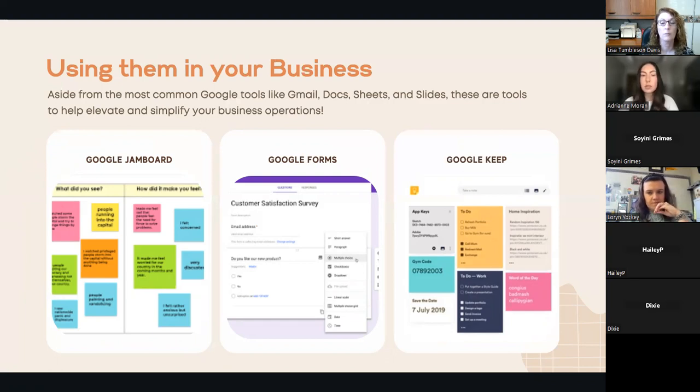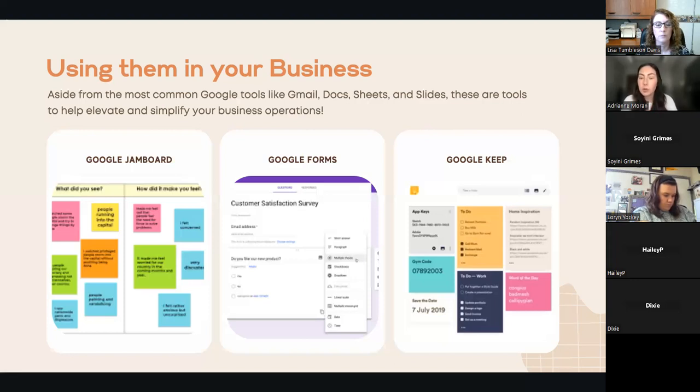So using these tools in your business. I wanted to give you snapshots of what each of them would look like. So Google Jamboard here on the left, you'll notice that they are essentially like a bunch of sticky notes that different individuals can type their ideas. They can put feedback in. It's very easy to read. And I have found that this is just a great way. For example, if you are creating content and want to brainstorm all of your ideas, you could write each idea down on a sticky note here and then easily categorize it into like a calendar view or sort it out by weeks.